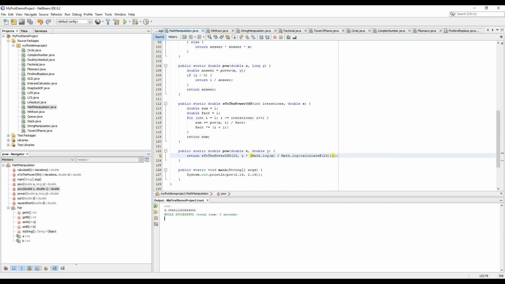Now we calculate the power 2.14 to the power 2.14. It's coming to be 5.0943. Let's use the inbuilt function of Java and verify our answer. So our answer verifies to be the same. So we are correct. There might be a chance of some error, like the last digit is 1 in the library case and 2 in our case, because we might have rounded off and the library might have truncated the answer, but this is how we calculate the power of a number in double